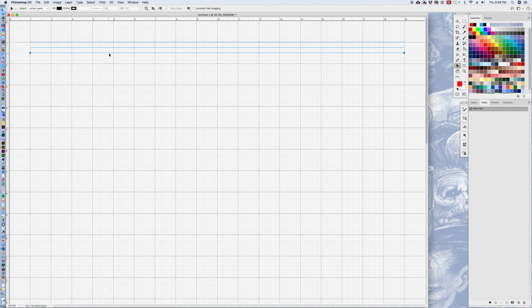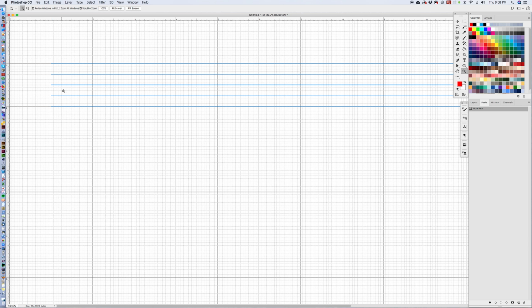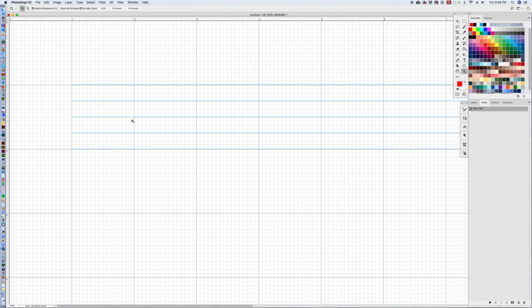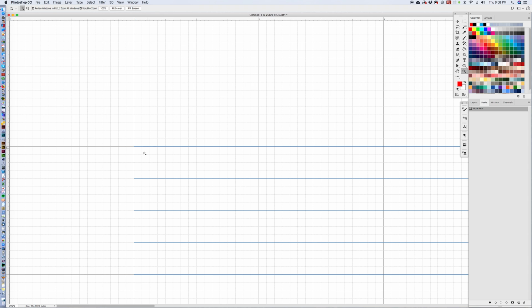So right now I have 1, 2, 3. I'm going to select 2. I'm going to click and drag, and now I have 1, 2, 3, 4, 5. So now that I have my 5 grid lines, I want to start making my weaved in and out